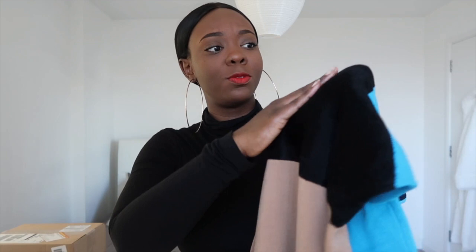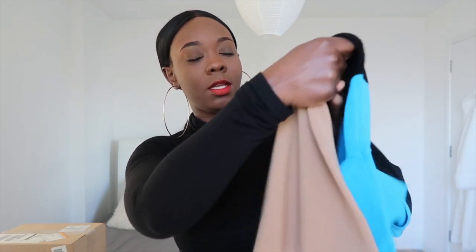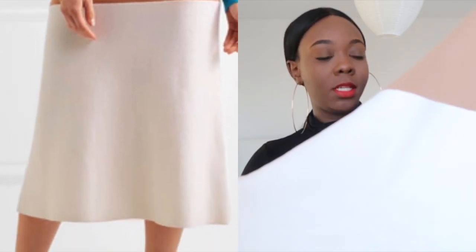It has blue, it's got black, and the black is sort of, I don't know how to describe this material. It's sort of like a faux suede. I didn't know that this bit was like this when I purchased it, and then the rest of it is knitwear. This side is nude, and then the bottom bit is black. And I will insert a picture in the video somewhere so that you guys can see how it looks on. But it's long sleeve, like I said and like I showed you, and it has an A-line